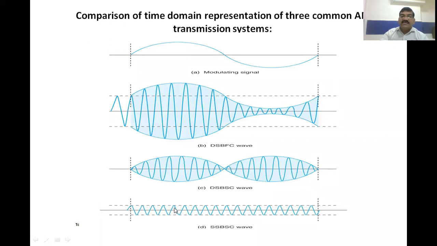If you see, as I explained in the frequency domain, you can have a better understanding. This is the representation of this wave in the time domain. In double sideband you can understand the carrier is suppressed, but in the time domain we cannot understand much of single sideband suppressed carrier, whatever the signal is there, because this is the time scale.